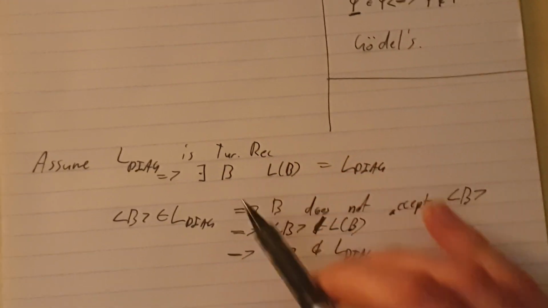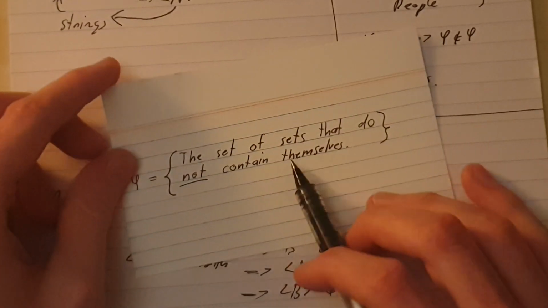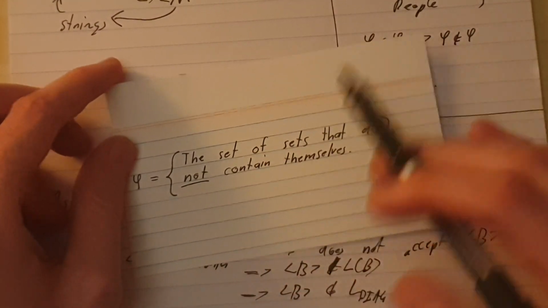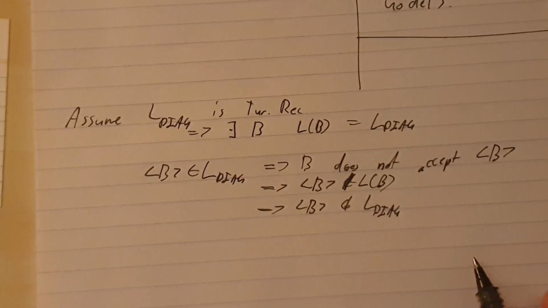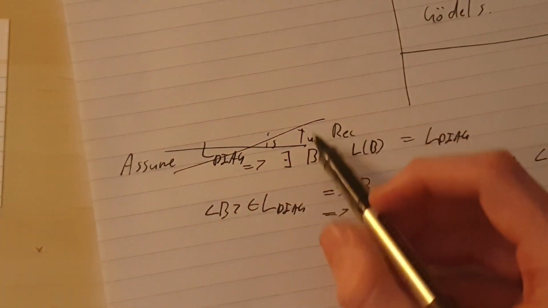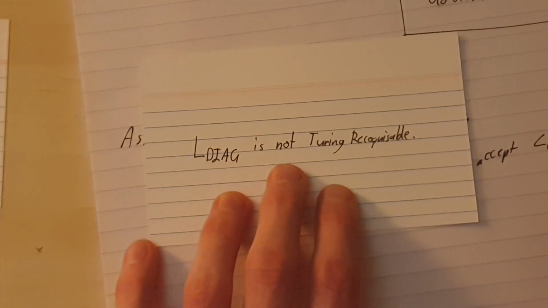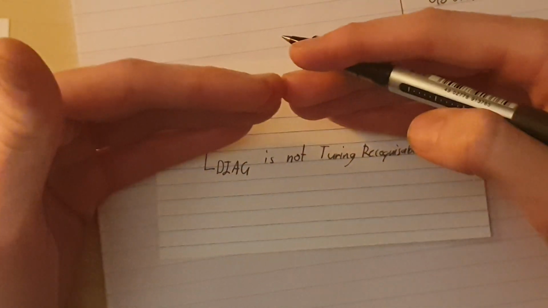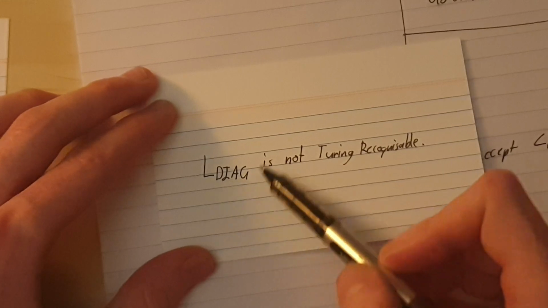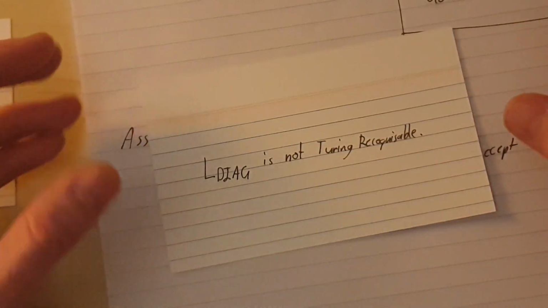The key thing of interest here is that this doesn't mean our entire system of sets and how we've defined them is broken, that the idea of a set is somehow wrong and we need to patch it up. We've already gone to the effort of defining this very rigorously. All this means is that this language is not Turing recognizable. That's the key result that we end up with. So Turing recognizable languages are the level of computation, the model of computation you can reach before you end up with things that are very badly defined and immediately difficult to even reason about in useful ways.